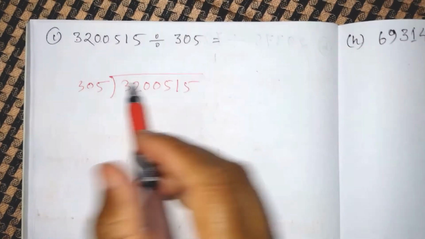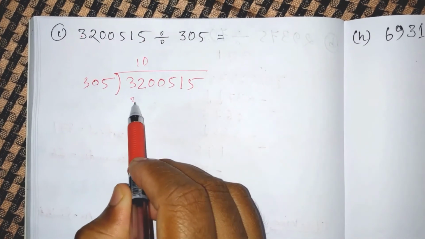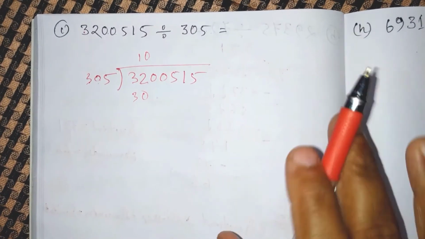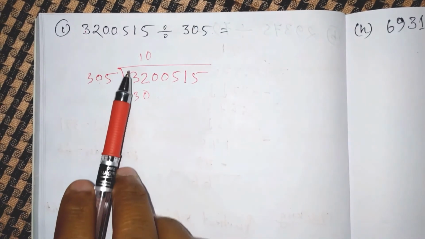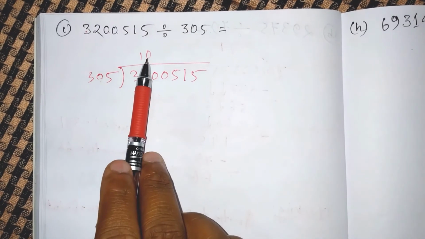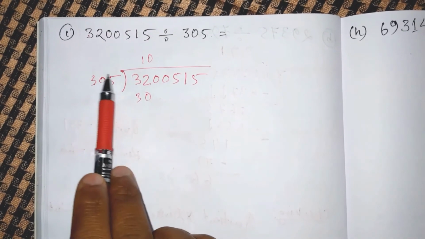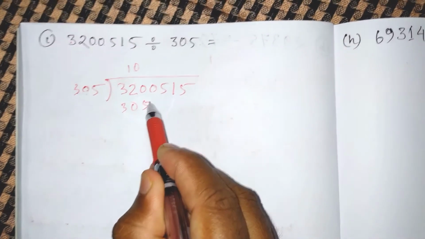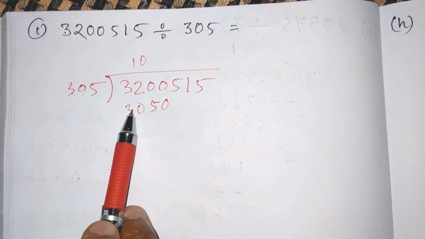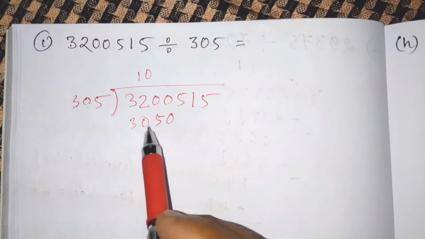So if you multiply 305 with 10, what you will get? As we know in the properties of multiplication, as we have got earlier, whenever you multiply any number with 10, then you need to add 0 at the end in the right side, isn't it? So we'll write the same number 305, and at the end we'll write 0, okay? So you see this is 3050 and this is 3200. So this is smaller than 3200. So I can write it.